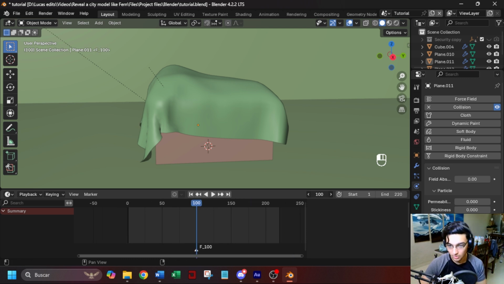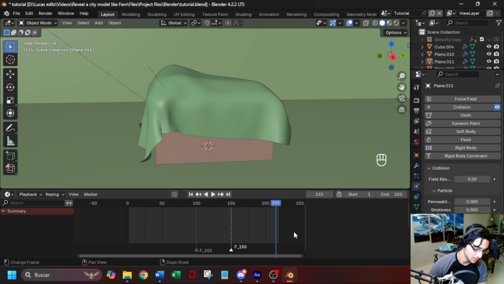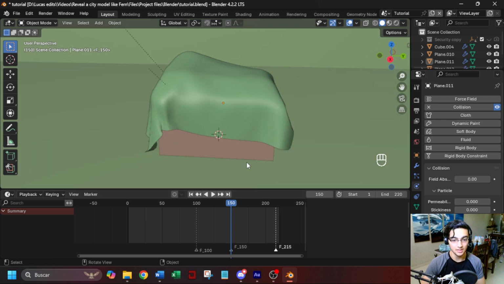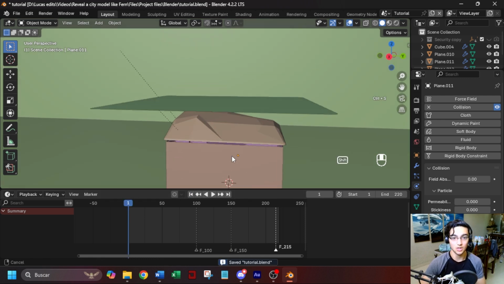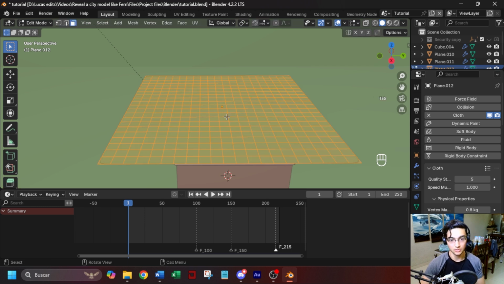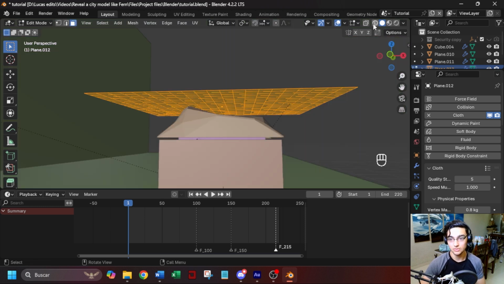So then go 50 frames and then add another marker by pressing M, and those are the only markers we need. Maybe we want another marker here in the 215th frame. So now here in the frame 150. So first, let's go to the frame 1, select your plane and go to edit mode and go to